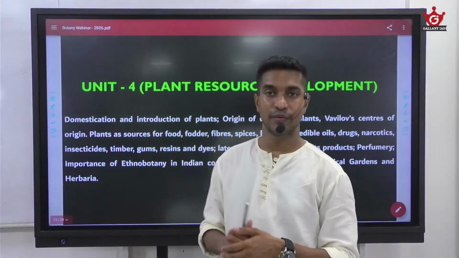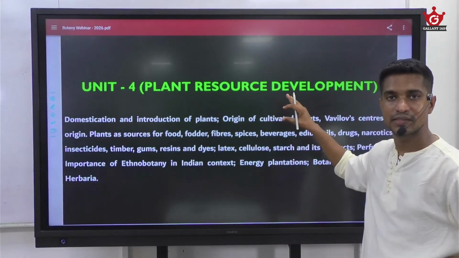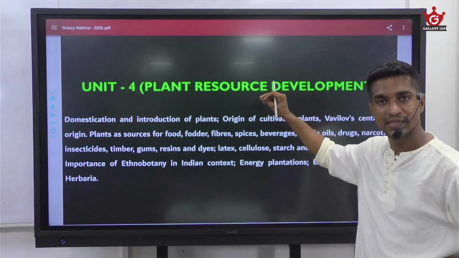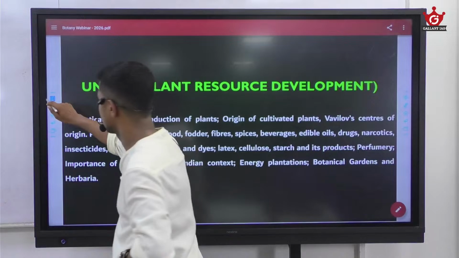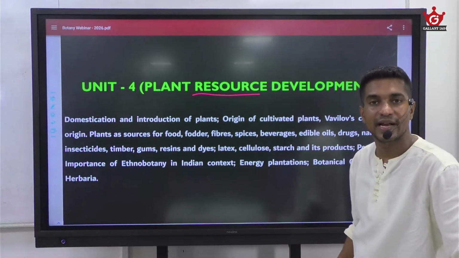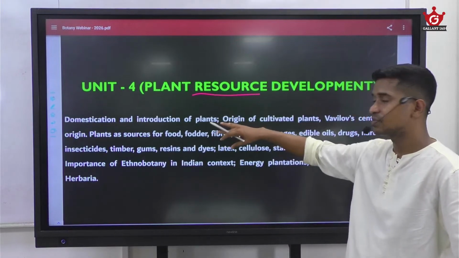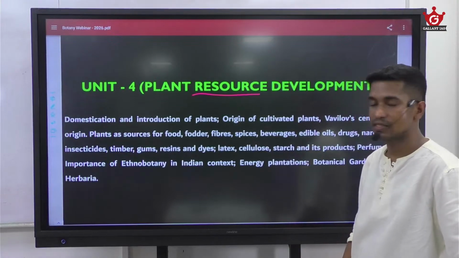And the fourth unit is plant resource development, or economic importance of plants. This unit deals with the economic importance of plants. These are the topics mentioned under the syllabus, that is, domestication and introduction of plants,